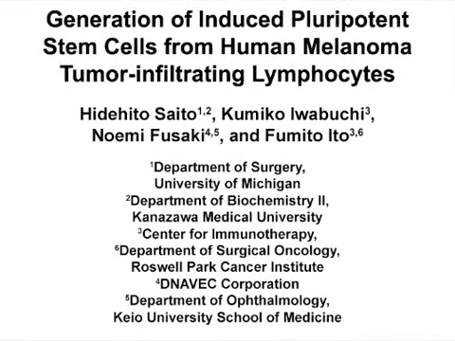The overall goal of this experiment is to generate induced pluripotent stem cells, or iPSCs, from melanoma-infiltrating lymphocytes. This method can help answer key questions in the field of tumor immunology, especially for cancer immunotherapy. The main advantage of this technique is that the ability to generate human iPS cells from tumor-infiltrating lymphocytes could provide